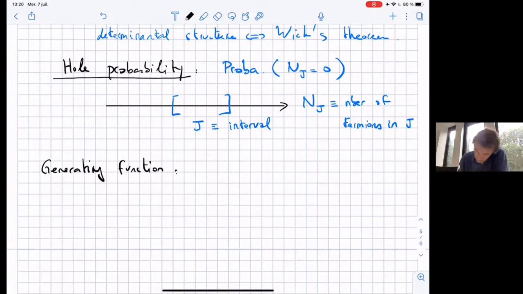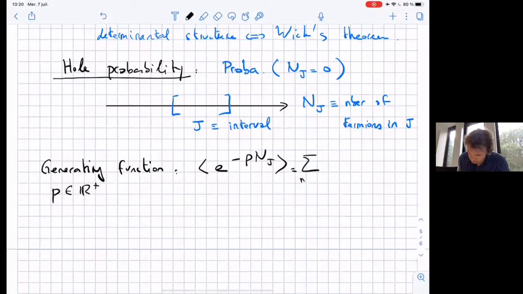And this is just this guy. So this is the definition at the moment. Okay, so that's this expectation value. P is a real parameter, I prefer it to be positive in general. And that by definition, you see, is just the sum. I'm calling it a generating function because you can write